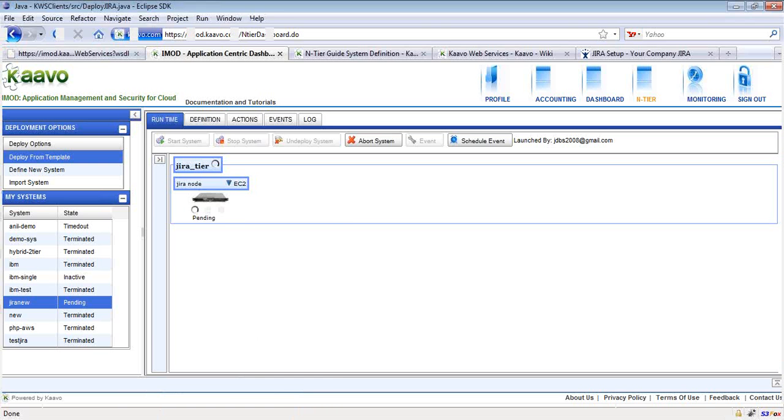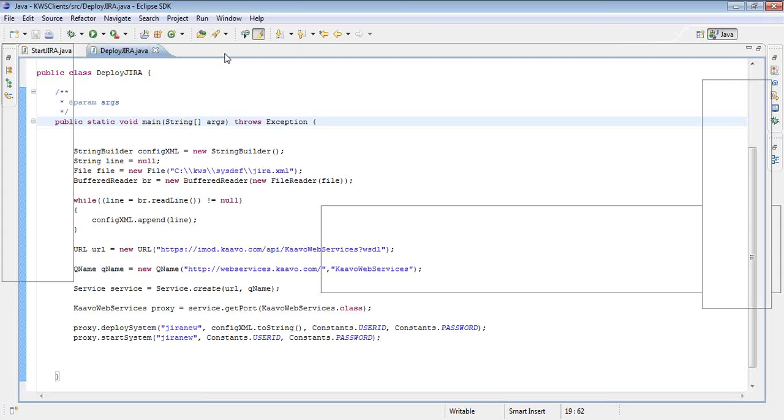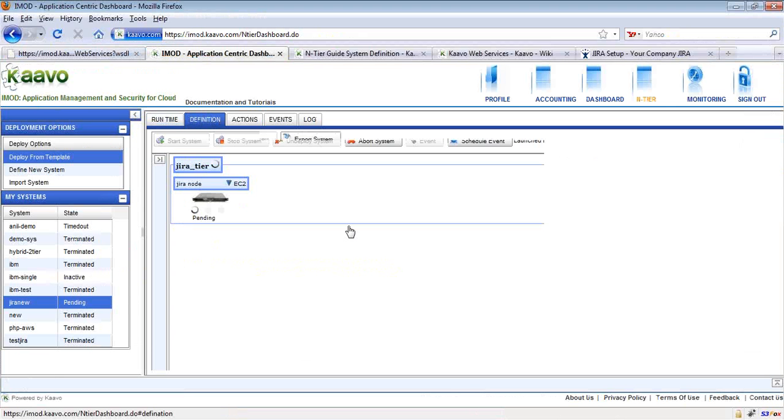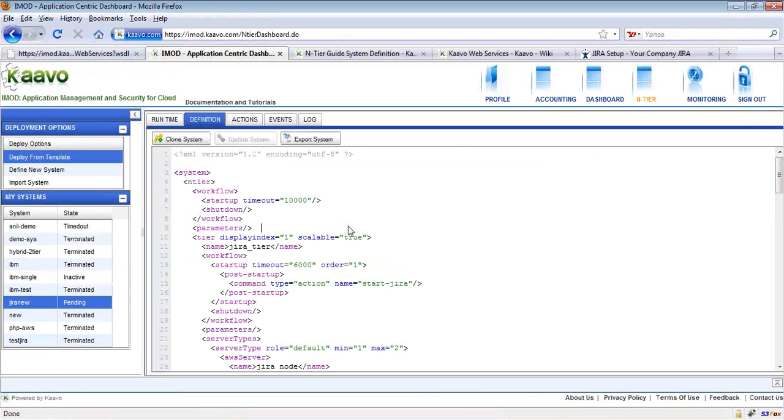iMode Web Services also supports scheduling certain events at certain times. And I demonstrate how to do that by using iMode Web Services API. As I mentioned before, you can specify inside the system definition XML a number of custom workflows.